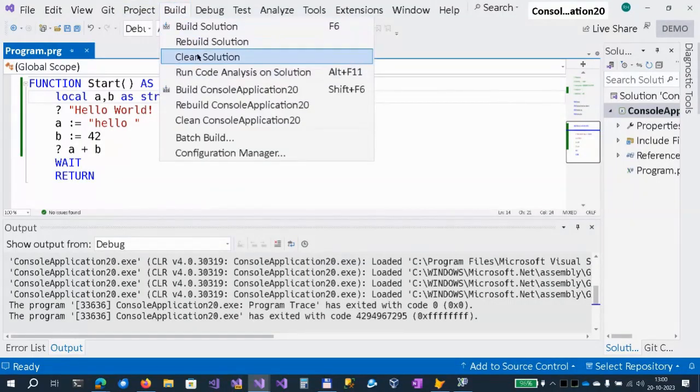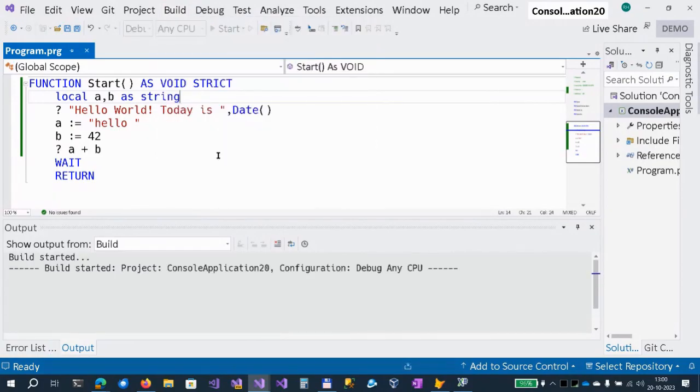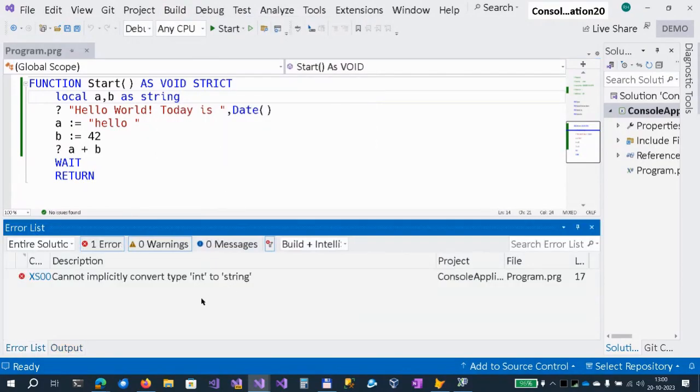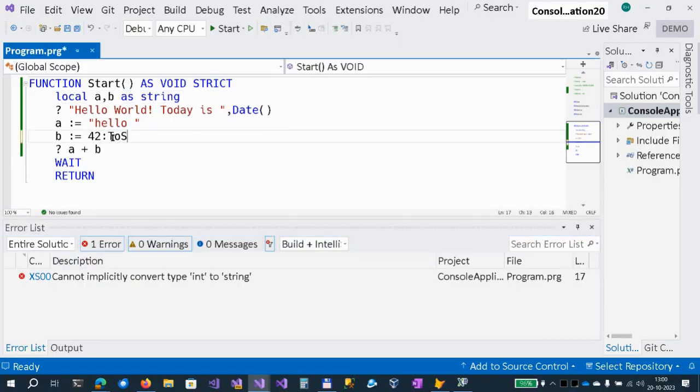If we build now, we get the error message: cannot implicitly convert type int to string. Implicitly means that in theory you could do an explicit conversion, but explicit conversion here will not work. What you could do is call a method.